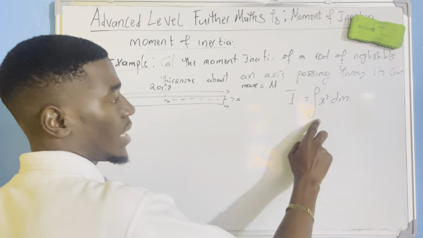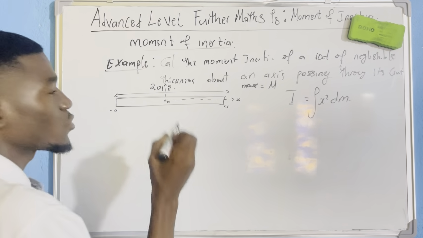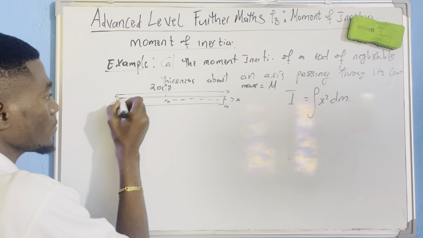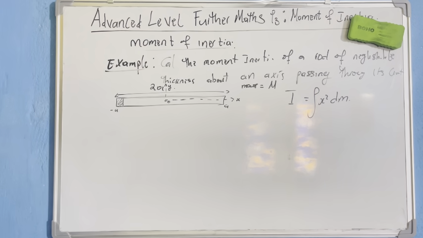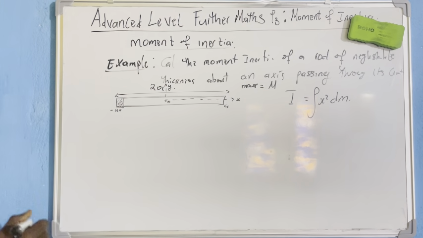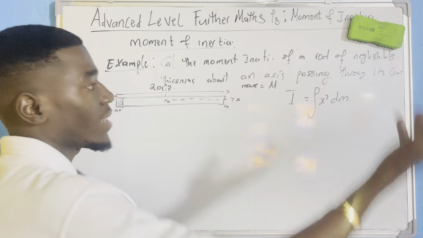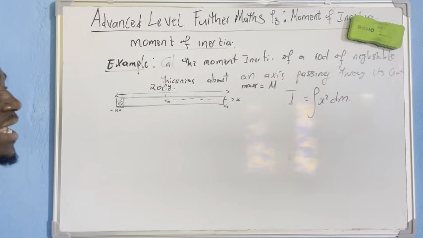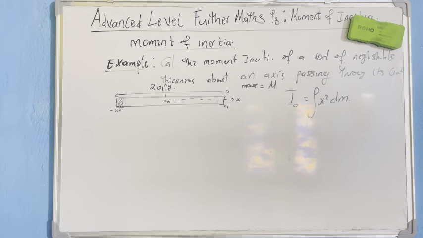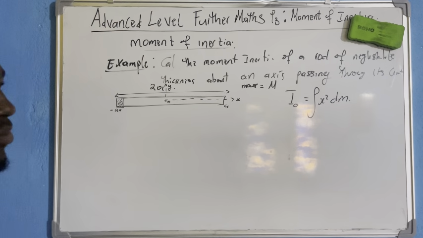Now, I tell you that with the integral, I'm summing a continuous body. So I would consider a small portion, let me consider a small portion like this, of my rod, of length maybe x. Then I will take that small portion and sum it by using an integral to come out with the moment of inertia of the rod about the origin, or about an axis passing through the origin. I hope you are together.